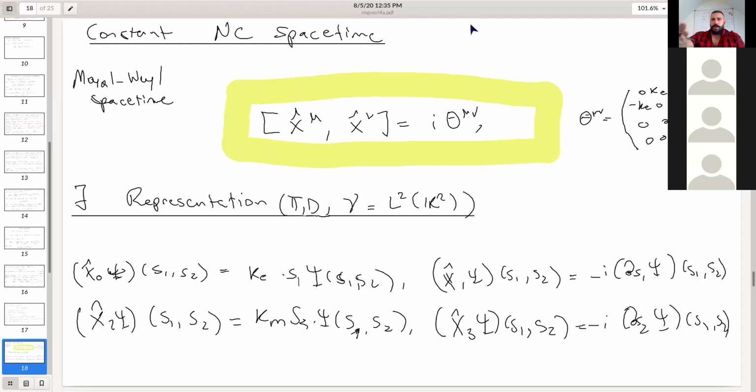Now, I gave you a very quick crash course in quantum field theory on Minkowski spacetime. For free Minkowski spacetime, it's this quantum field that obeys a certain equation called the Klein-Gordon equation. One obtains it by this correspondence principle and taking the relativistic energy-momentum relation. And then one solves for it and does something which is called the second quantization, which is basically that I solve for the one particle space, I replace the distribution by an operator, and then I define it for n particle spaces. And now what I want to do is define a quantum field on a constant non-commutative spacetime, and how that